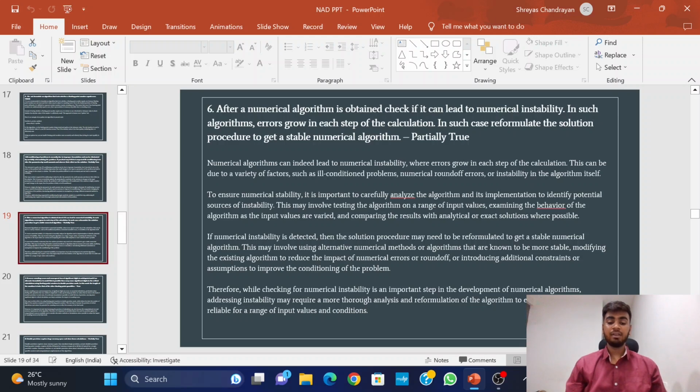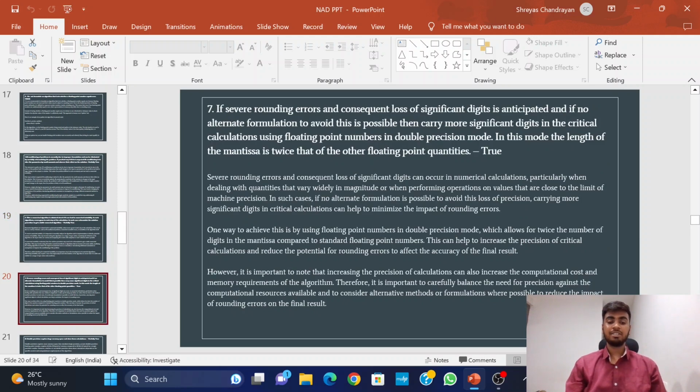Therefore, while checking for numerical instability is an important step in the development of a numerical algorithm, addressing instability may require a more thorough analysis and reformulation of the algorithm to ensure that it's stable and reliable for a range of input values and conditions. The seventh statement states: if severe rounding errors and consequent loss of significant digits is anticipated